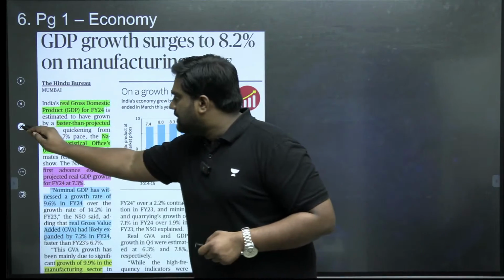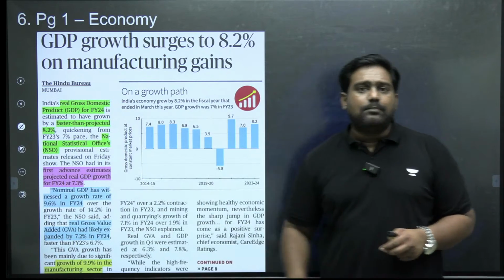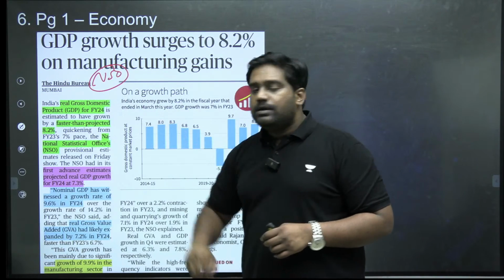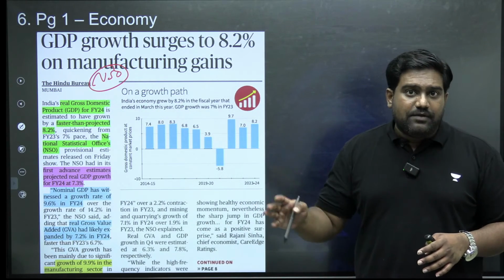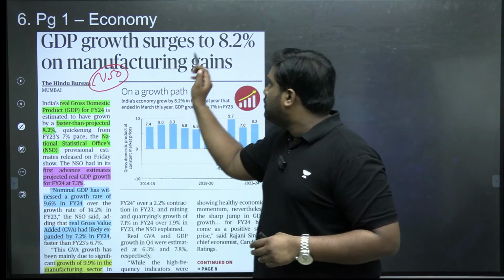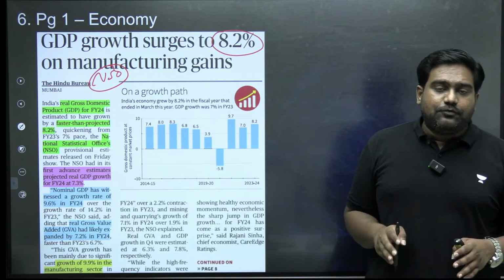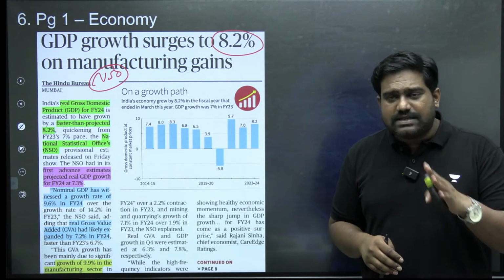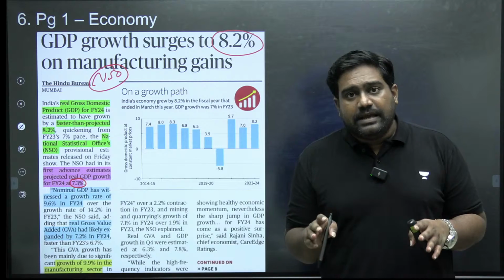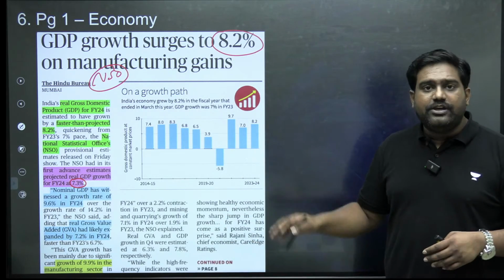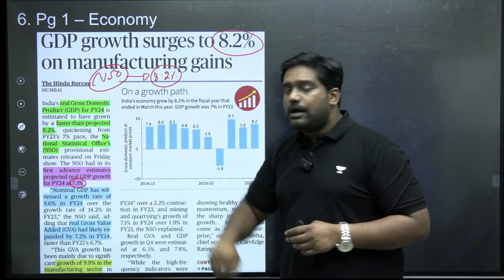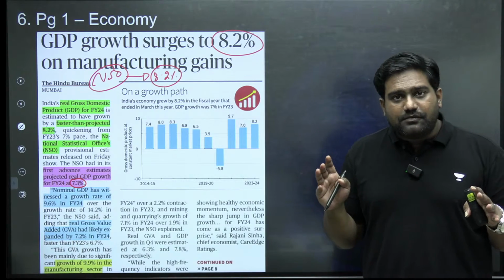Now let's look at another article on page 1. Just a small update on the Indian economy. According to data from NSO, National Statistical Office, India's real GDP for FY24, that is 2023-24, has recorded a significant jump to 8.2%. Because the estimate for the previous financial year was just around 7.3%. Real GDP was estimated just at 7.3, but the final numbers have come in from NSO, the official numbers through the NSO, which places the real GDP growth of India at 8.2%, which makes India one of the fastest growing